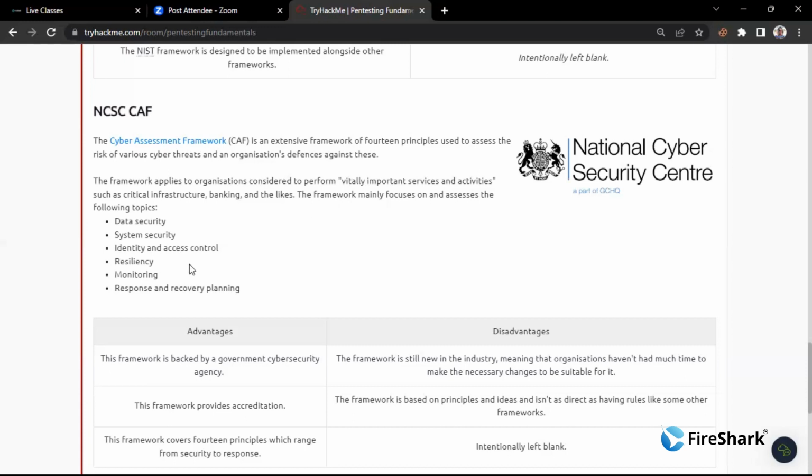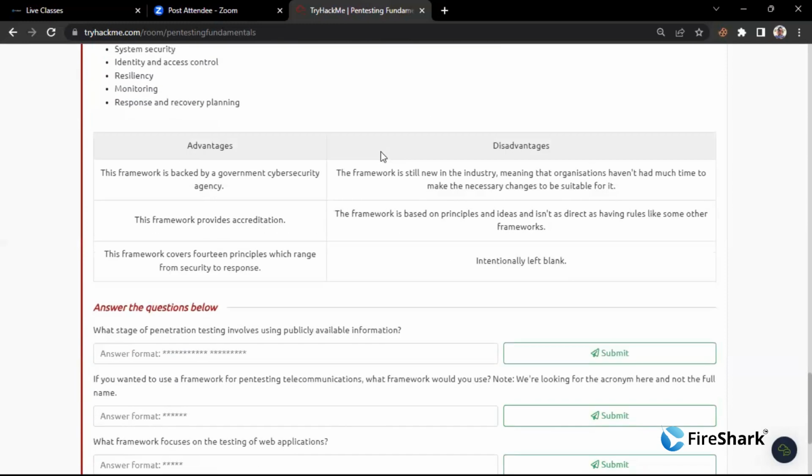These frameworks are basically run by the government cybersecurity agencies, and here it is written that this covers the 14 principles, which range from security to responses. Okay, so you just go through advantages and disadvantages. We'll just move into the questions. So, here it is asked